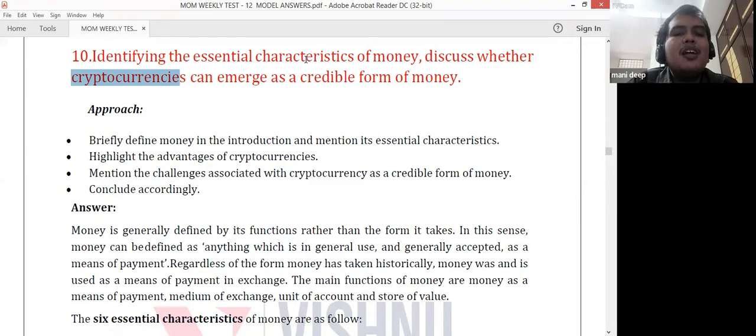Then you can write about how money is there presently. There is a centralized institution which is having a limited amount of production of money and which is having a legal tender. That is, the money is acceptable in every form and every shop. So there is huge acceptance and also exchange. So these are the characteristics of money in the present conditions. So cryptocurrencies are questioning the entire structure of this functioning of money.